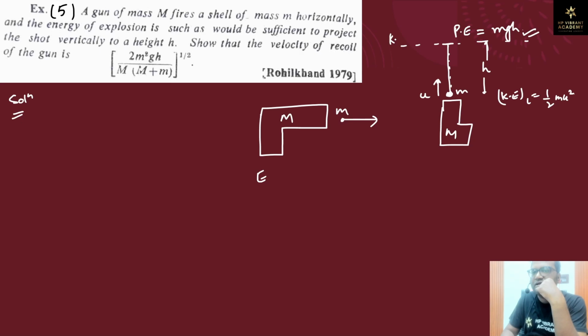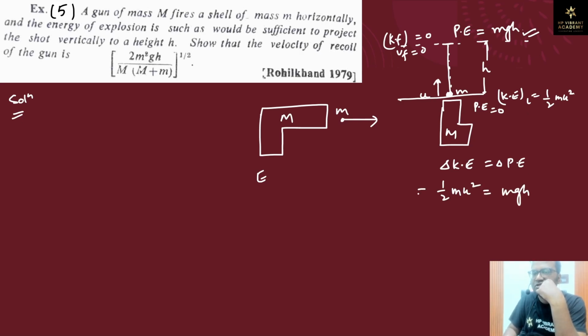Okay, and the final kinetic energy will be 0 because here the final velocity is 0. So the change in kinetic energy is stored in the form of potential energy. At the initial position, potential energy is equal to 0. So we have half mu square is equal to mgh, and this is equal to capital E, that is energy